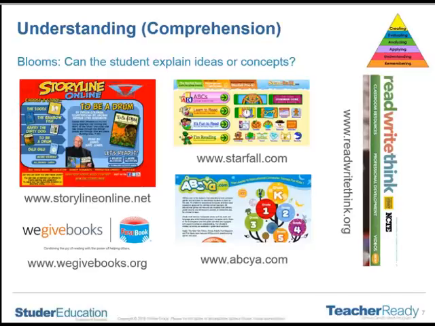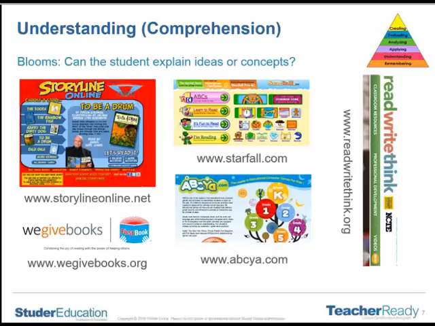On the left, you see storyonline.net, a really cool website that has free books read by famous actors. Like you see there, it's highlighting one by James Earl Jones. There are pictures and words, and the actor can read, or you can have students read by controlling that setting. Similar to that, there's one called